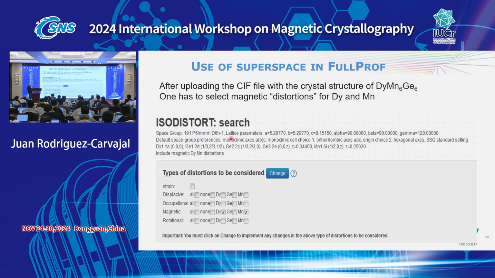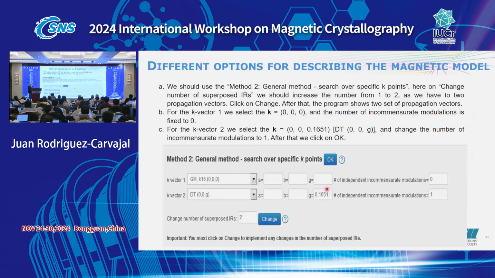And for instance, we provide a zip file with a paramagnetic structure to isodistort. In that case, we have selected only magnetic, no displacive ones. And then, well, in that case, you have two propagation vectors, because we have a propagation vector 0, 0, 0, because you have a nuclear reflection that increases the intensity, and also satellites. This is because it's a conical structure, in fact. Then you have to provide that.